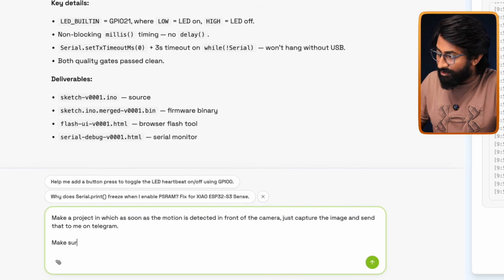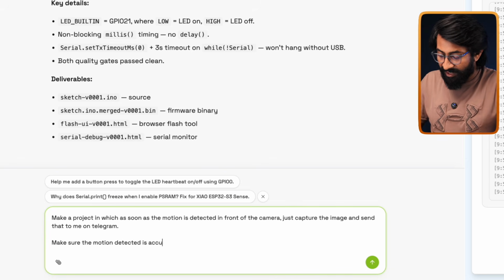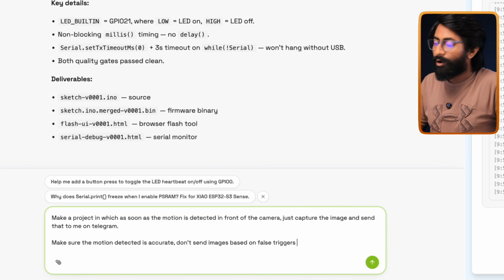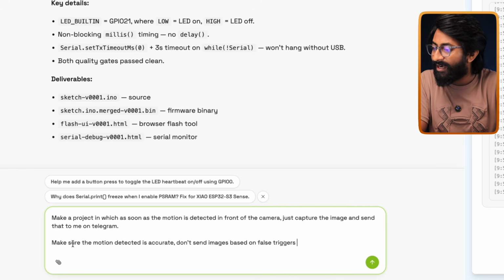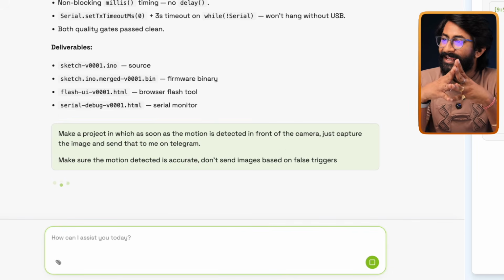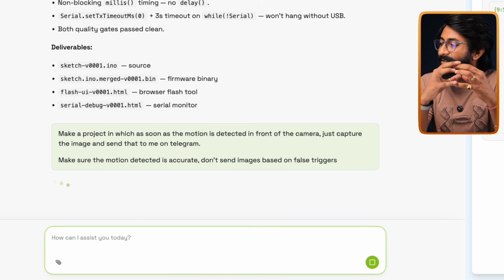Make sure the motion detection is accurate. Don't send images based on false triggers. So yeah, that's the prompt. I guess this should be fine. And now let's just press enter